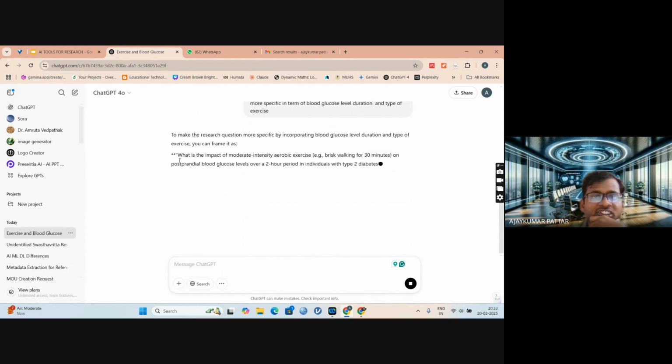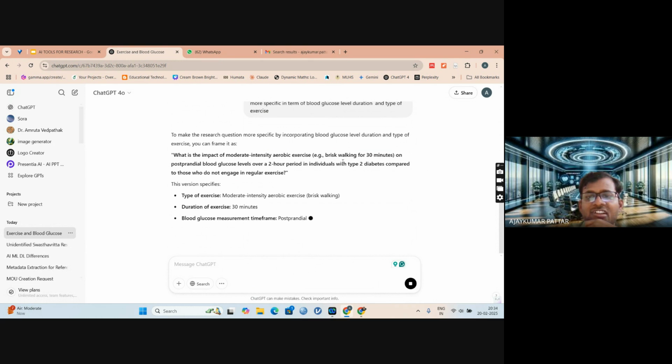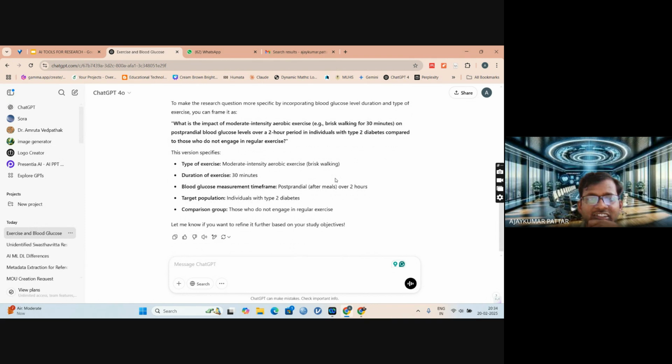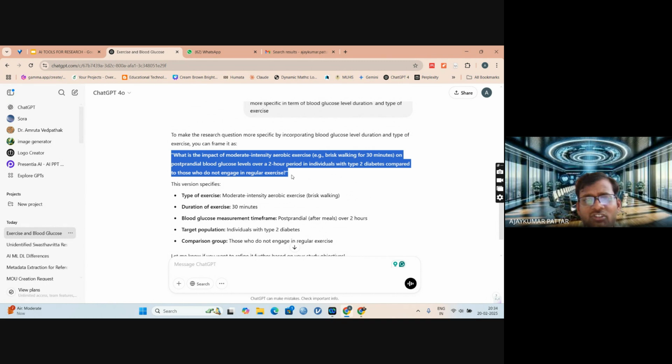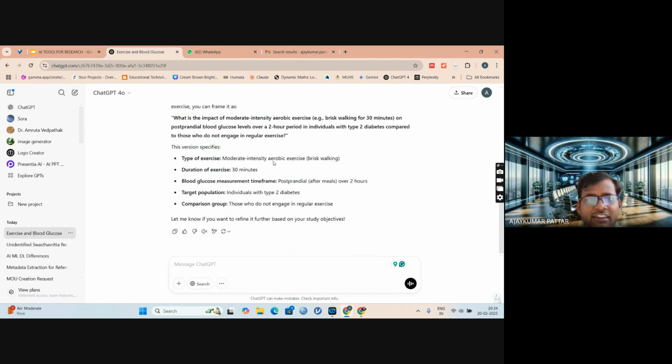See, what is the impact of moderate intensity aerobic exercise, for example brisk walking for 30 minutes, on the postprandial blood glucose level over a 2 hour period in individuals with type 2 diabetes compared to those who do not engage in regular exercise. So this is the specific research question that has been created here.